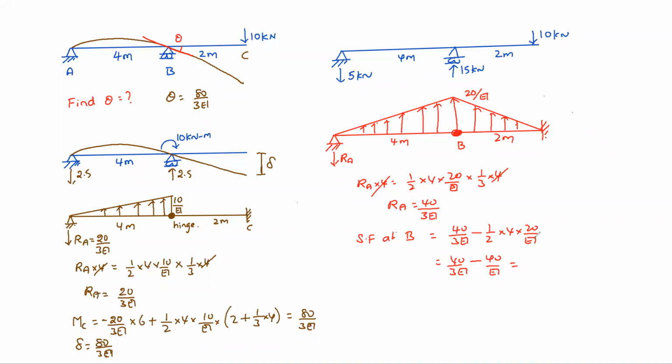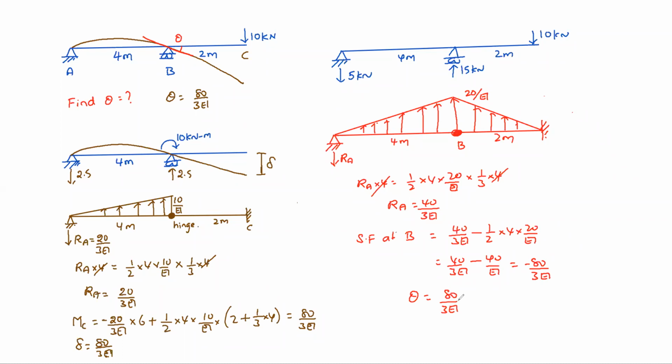So 3 80 by A, sir. 80 by A. 80 by 3A. 80 by 3A, minus of course, minus not a problem for us. Sign convention we can adjust, not a problem. So theta is actually now 80 by 3A. So like this, directly also you can find, or by just interchanging also you can find.